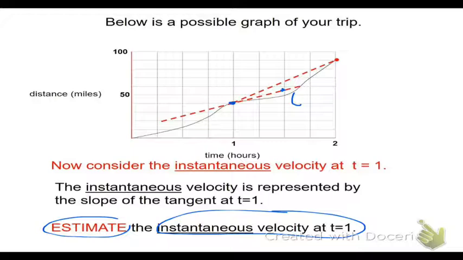So the coordinates of the second point would be 1.5, comma, and see, this is even an estimate. It's not quite 60. It's not really 55. Maybe I'd call it 56. Clearly, this is an estimate. The coordinates at 1 would be 1, comma, 40. So the approximate instantaneous velocity at 1 would be the change in distance